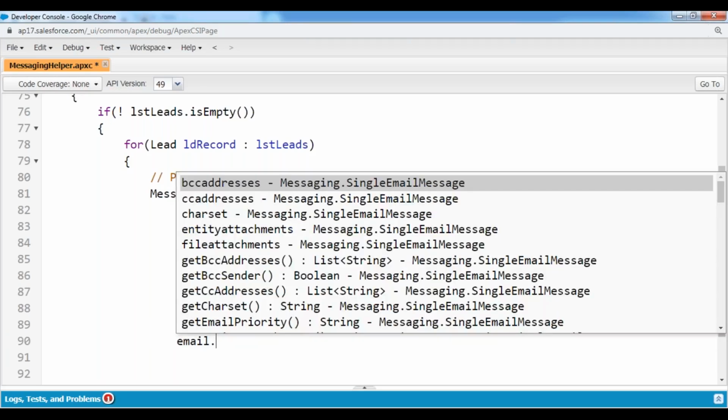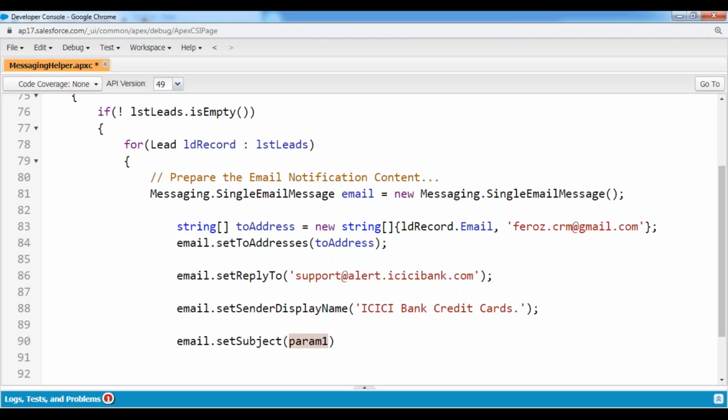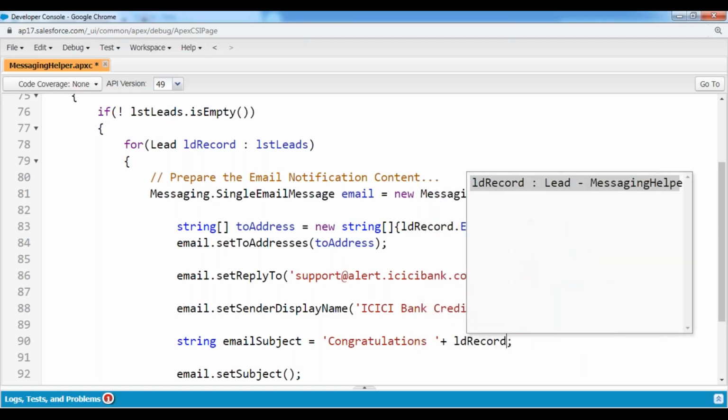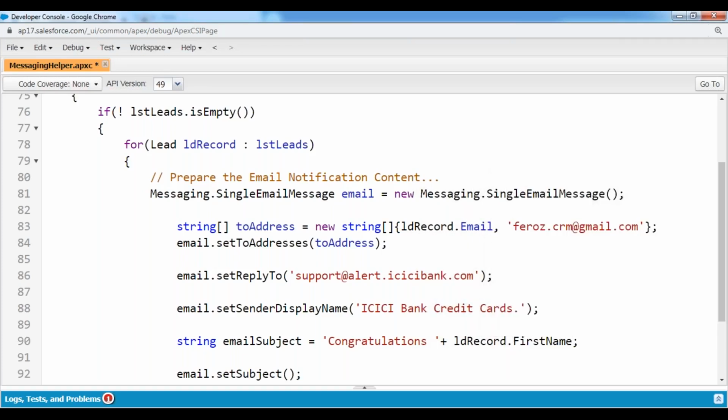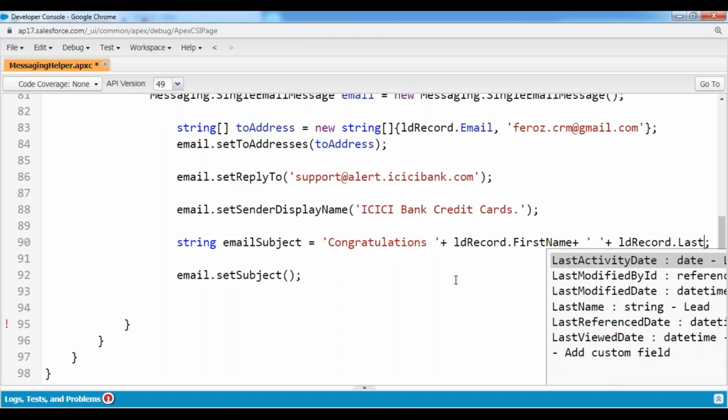And then I'm indicating email.setSubject. What will be the subject? We need to specify that subject. I'm preparing the email subject over here, String emailSubject. I'm indicating dear lead person or congratulations. Congratulations, and I want to add the lead person's first name: leadRecord.FirstName plus I'm giving one space, plus leadRecord.LastName,